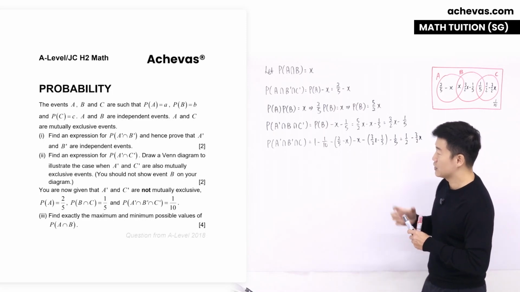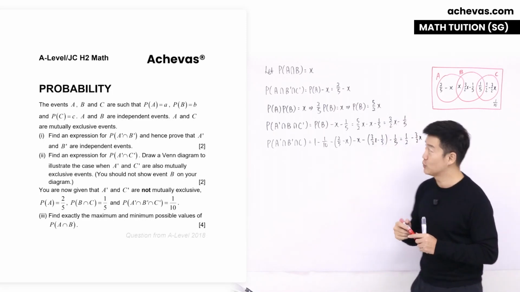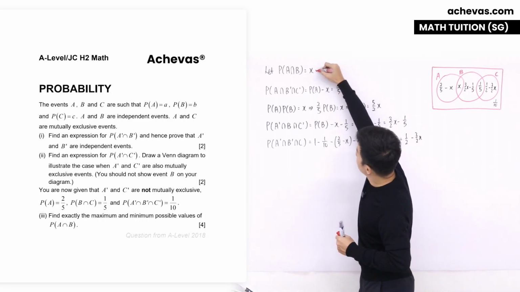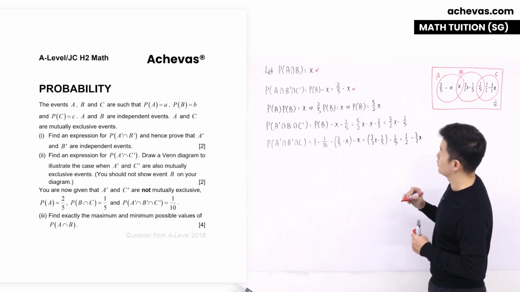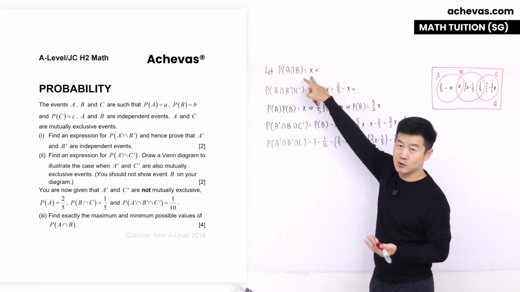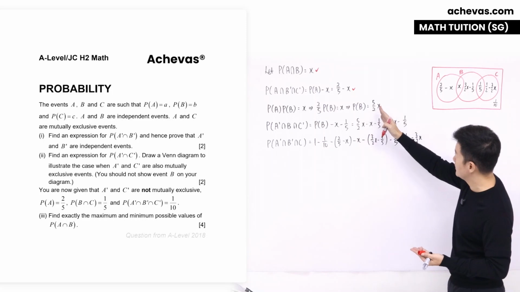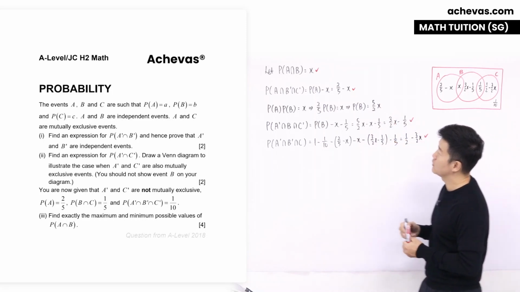Okay, and we are going to make use of the nature of probabilities, which is always going to be between 0 and 1. So we are going to look at this to be between 0 and 1. We are going to look at this to be between 0 and 1. This is definitely also going to be between 0 and 1, but it's going to give me the same result as this, so I'm going to skip this. I'm going to look at this. I'm going to look at this. So let me start with